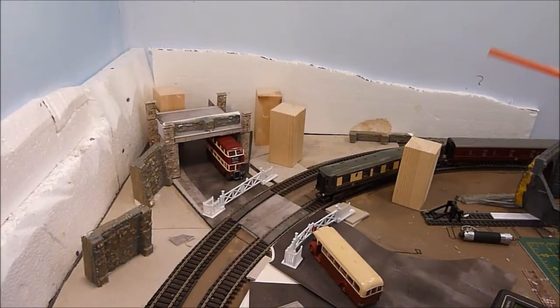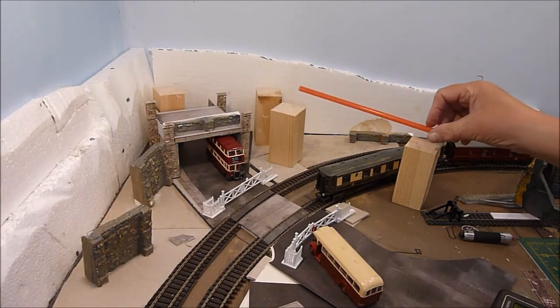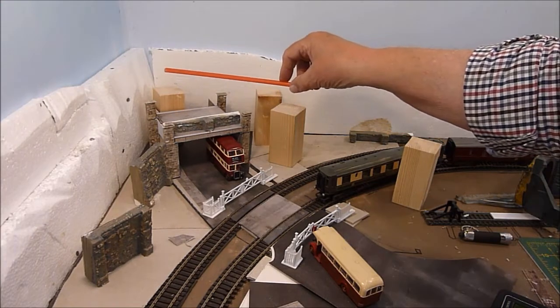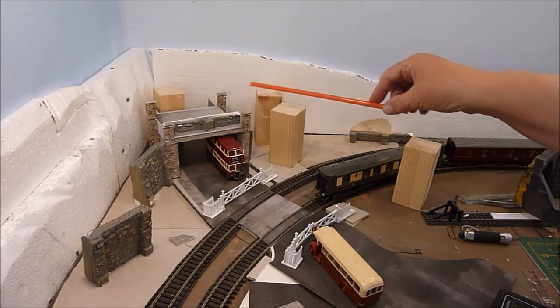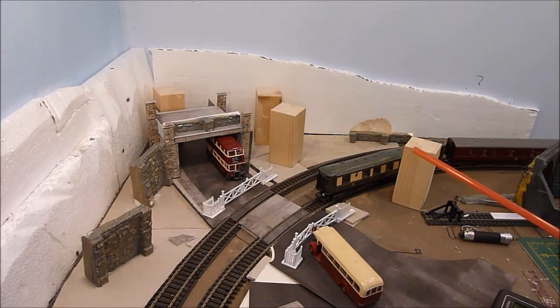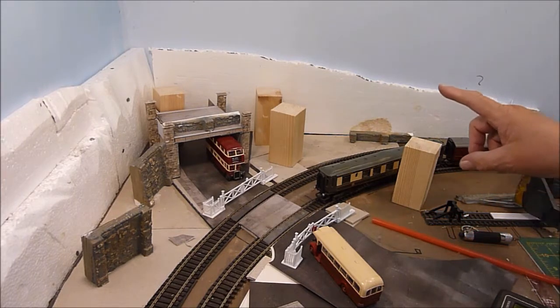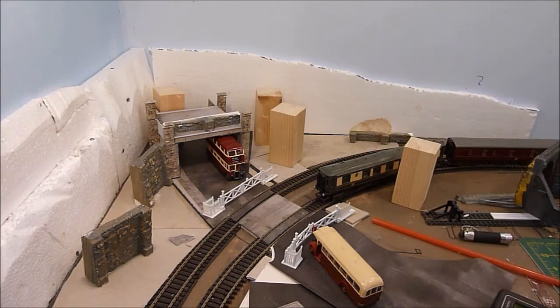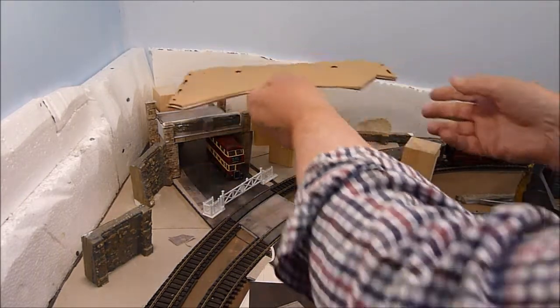My idea for this corner has always been to get a disused railway line, so the track would go up there, then into a tunnel and scenery, etc. And to be very honest with you, I've been thinking about it for so long, I haven't worked out how to do it. But today I decided to cut some 100mm blocks of 2x2 timber as my base, and then continued. So we got some thin MDF, which